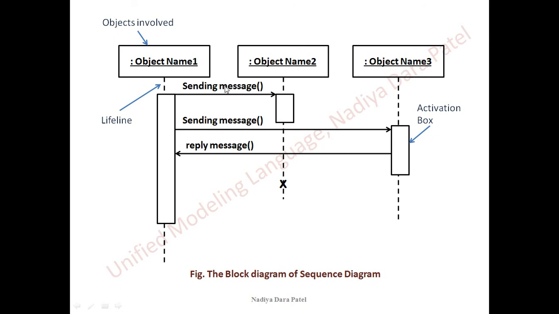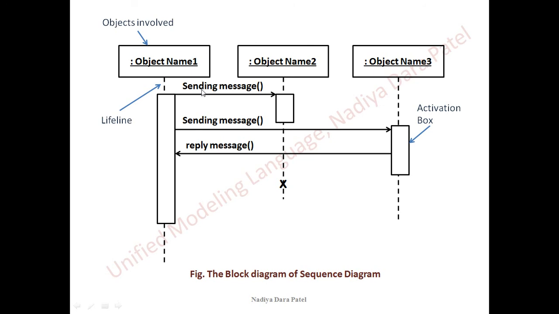Now let us move on to the sending and receiving messages symbol. As discussed earlier, I have already told you the briefs about all the symbols. If you have not gone through it, please kindly go through the theoretical definitions and meaning of every symbol so that you can understand the block diagram and the example. While drawing or writing the sending messages, we are supposed to write it from left to right, and while receiving the reply messages, we should receive it from right to left.